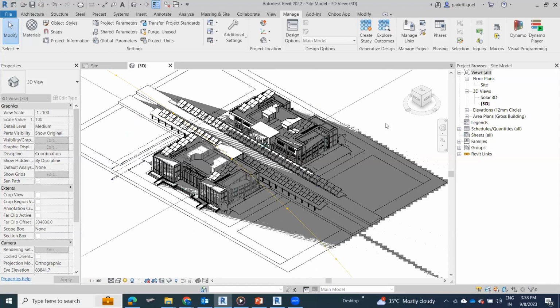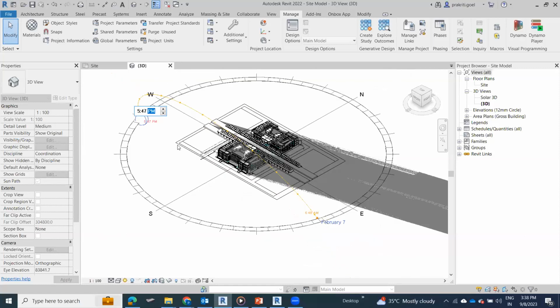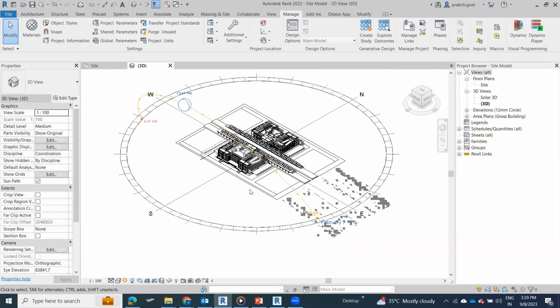If we are working on group housing buildings or any kind of buildings, and the interior space is lit up by the daylight, that is way more effective than artificial lighting. So the artificial lighting load will get deducted. That is why the daylight analysis is important. If I change the time over here,